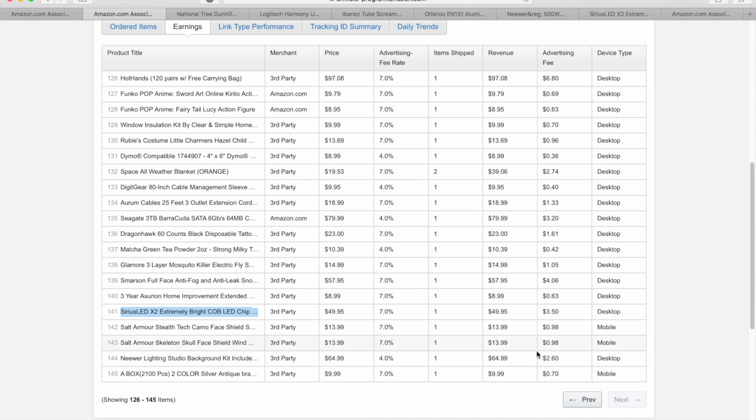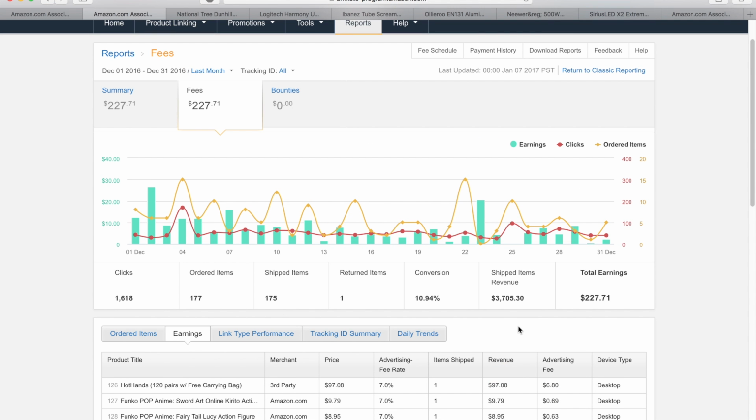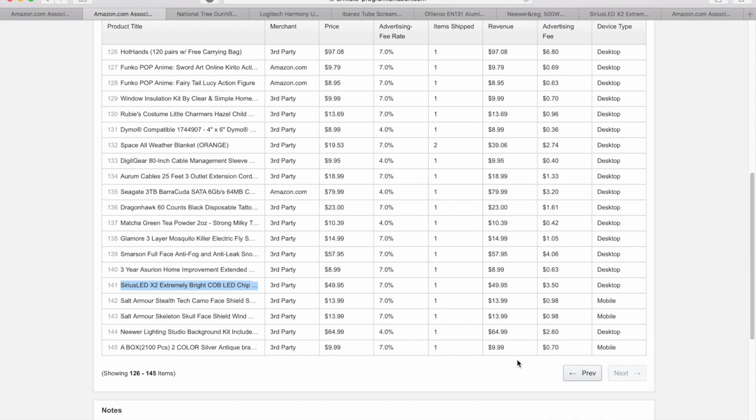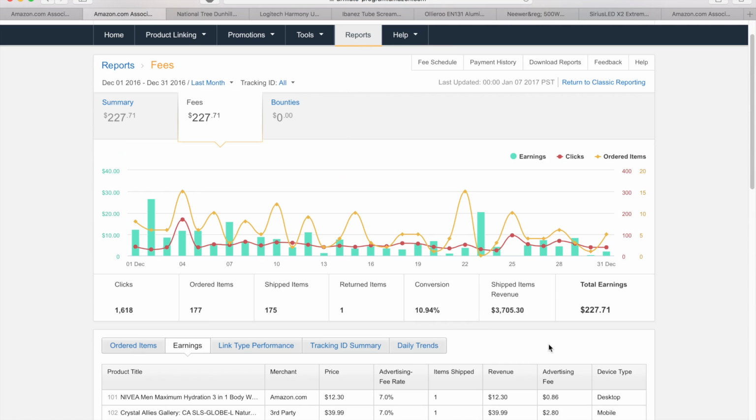Kind of cool though. But yeah, that's the end of the orders, so I just kind of want to show you all that. I think it's fun to look through and see what people ordered. If you're one of those people that did order something from here, even if I passed over it because it wasn't one of the higher priced ones, I really do appreciate you helping me out. It really means a lot, and it takes a lot of people to kind of get to this level of $227. I know that's not a lot of money.